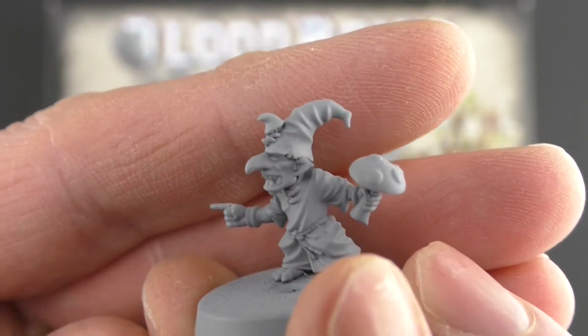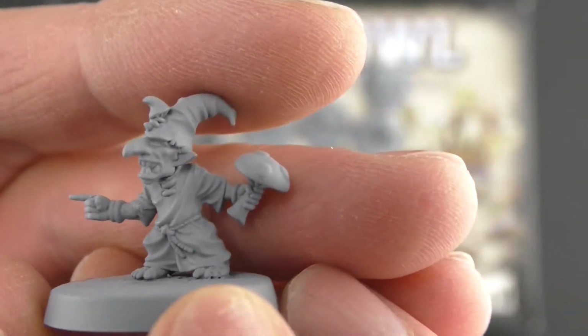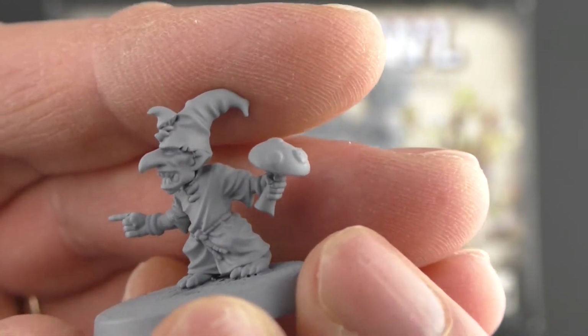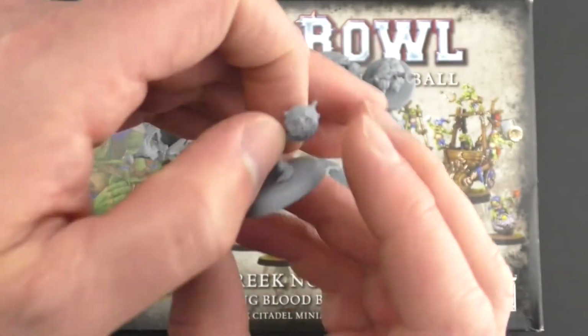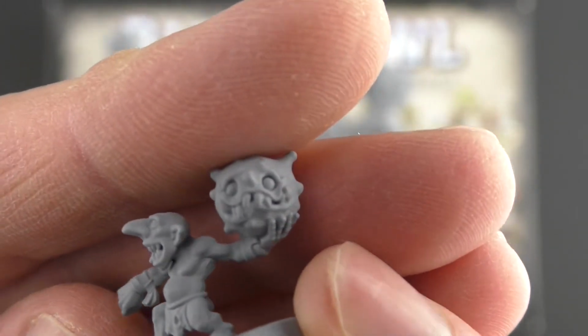What is it about having a pointy hat that just immediately makes Snotlings or Goblins look more intelligent? This one looks slightly more intelligent. He's pointing, he's wielding his mushroom, I guess. I am easily swayed by a pointy hat, it seems. I'm also easily swayed by someone who's going to throw...